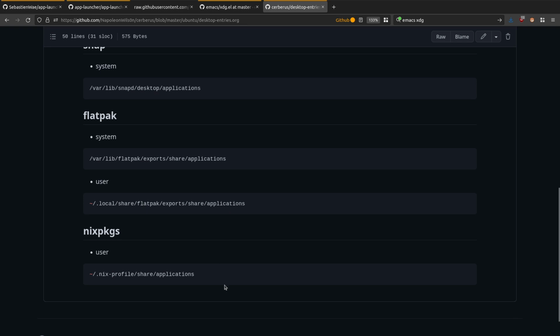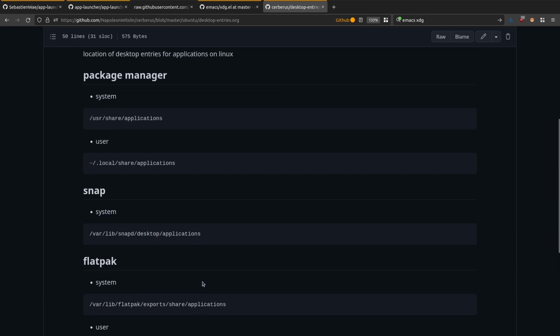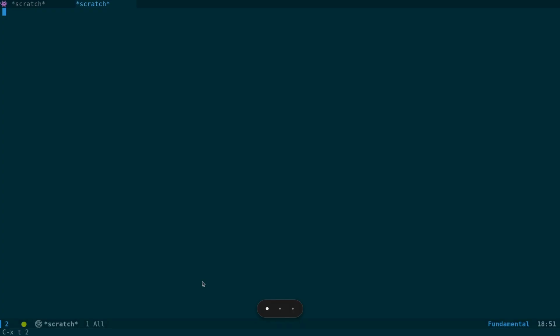Now, nixpkgs, which is the package manager I use with Home Manager, the setup I use, actually installs desktop files into Nix profile share applications. So that's a list of all the locations for the desktop files for different package managers, or call them what you will. So what I'm going to do now is switch back to Emacs here and run the package